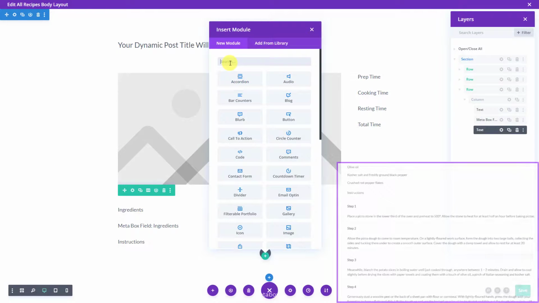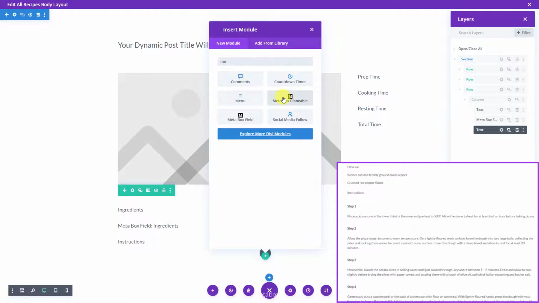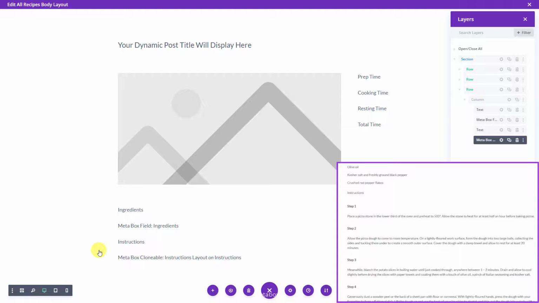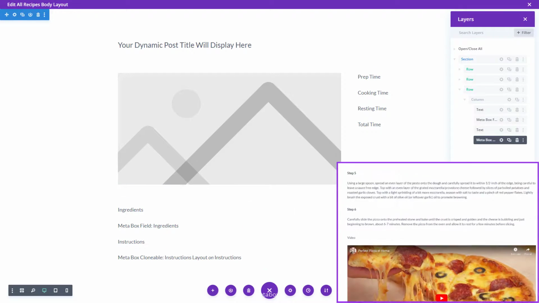Now, back to the page template editor. Add the MetaBox clonable module. Set its layout as the one we have just created. Also set the clonable field as the group. All the information of each step will be listed on the page when you go to the page on front end. For the next,